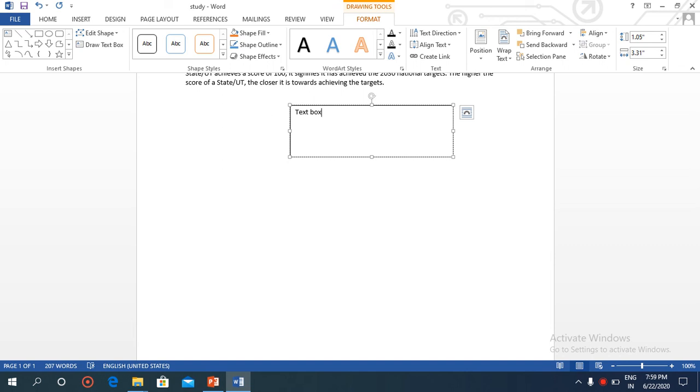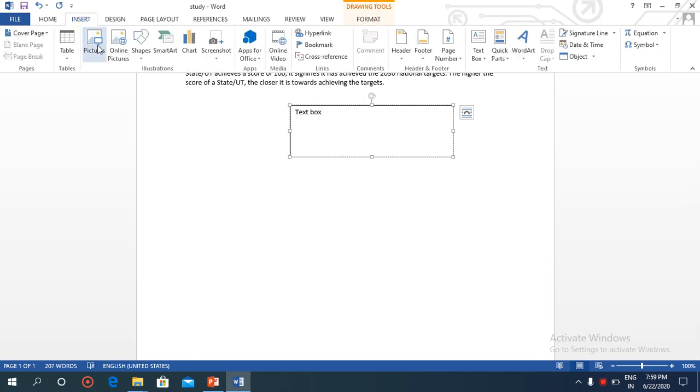Now after that, we will do working with shapes. Now what is the topic? The shape is a drawing feature here from this insert tab. The shape is a drawing feature that helps us to draw different shapes like a star, banners, callouts, connectors, etc. So these are the various shapes. We can insert them with the help of insert tab.